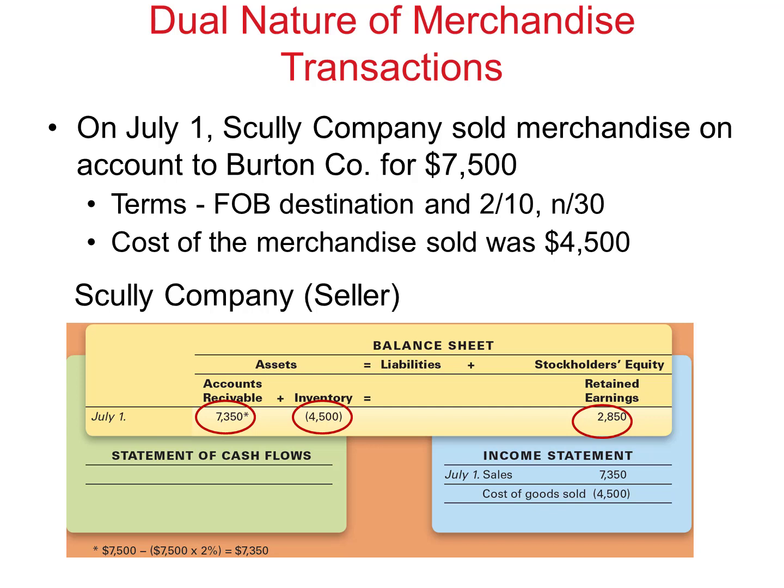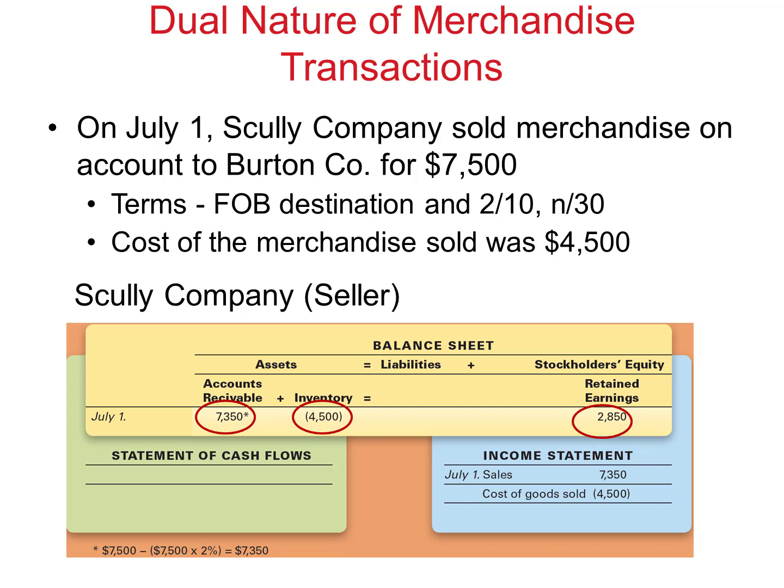The terms are FOB destination and 2/10, meaning that if it is paid within 10 days, the buyer is going to get a 2% discount and net 30. In this case, the cost of the merchandise sold was